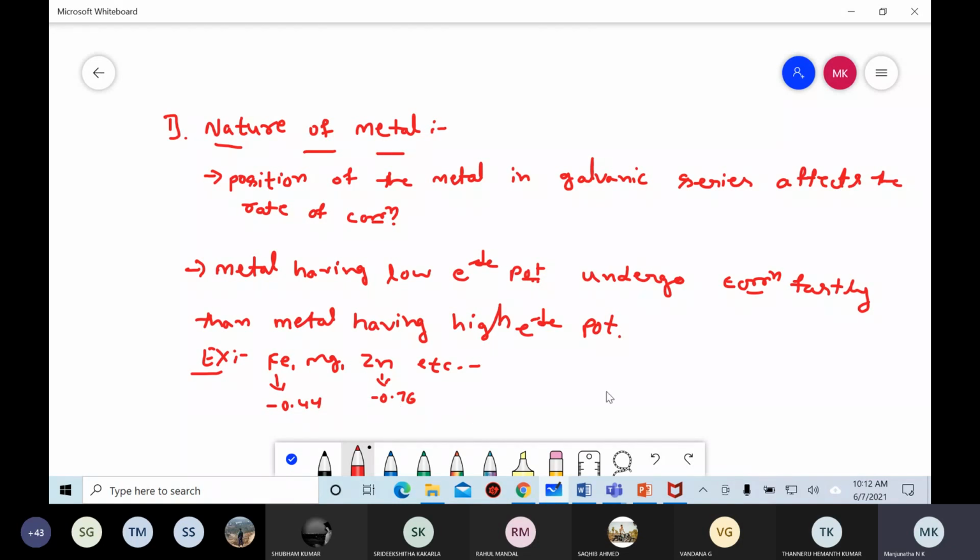But you take metals like copper, tin, titanium, and vanadium, etc. Once these metals are exposed to the environment, these metals have a high electrode potential. Because of that, these metals cannot undergo reaction easily once exposed to the environment. Therefore, these metals act as a cathode and are unaffected by corrosion.